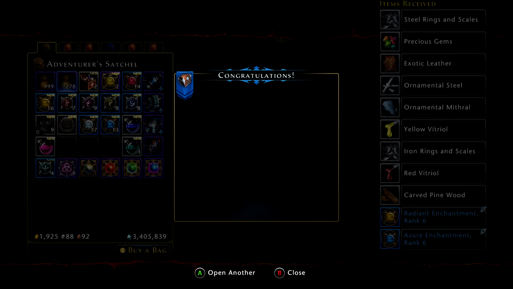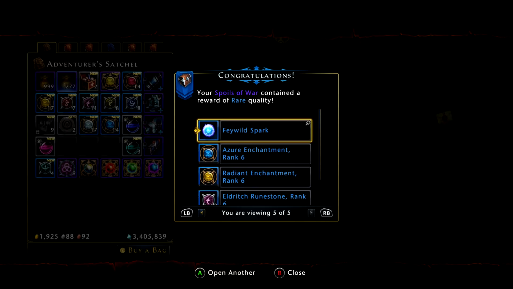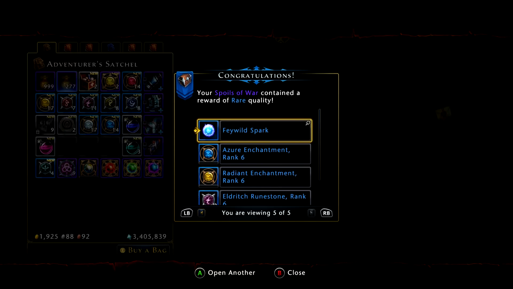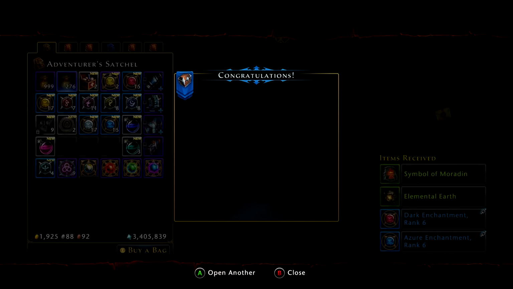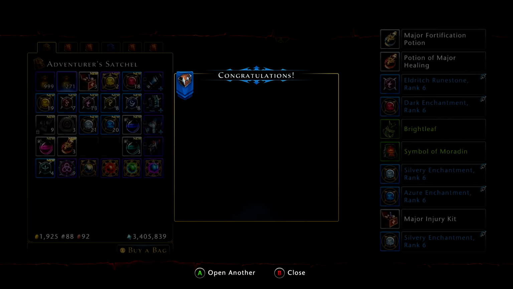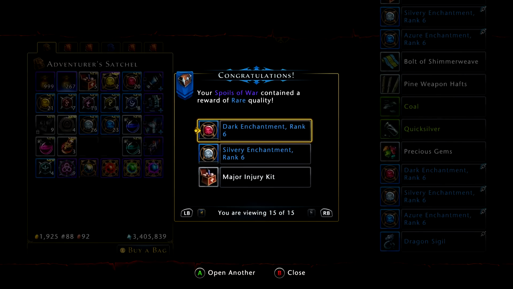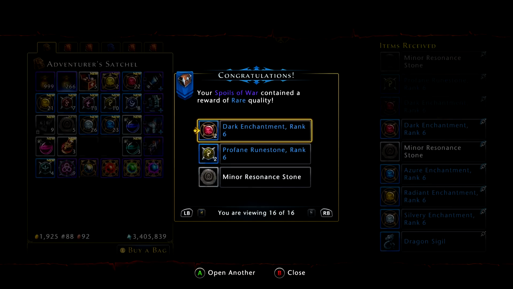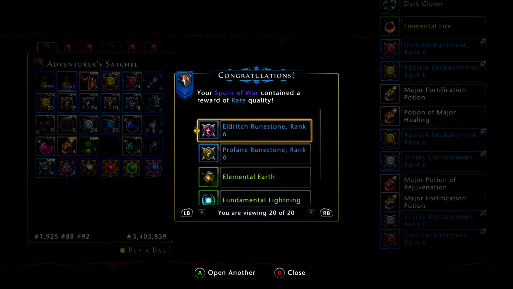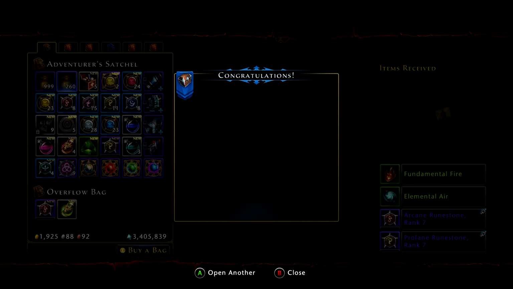Precious gems and all the vitriol and everything, which is fantastic in and of itself. Oh, a Feywild Spark. Okay, thank you, weird, strange campaign currency. 2 more rank 6s. You're going to get mostly rank 6s, but every once in a while you're going to get that pleasant surprise, you know, Dragon Sigil, or a really pleasant surprise is the rank 7s, especially of a certain type that you need, like bam, Arcane rank 7, Profane rank 7,